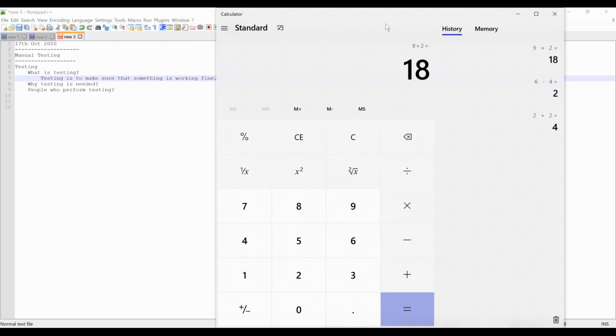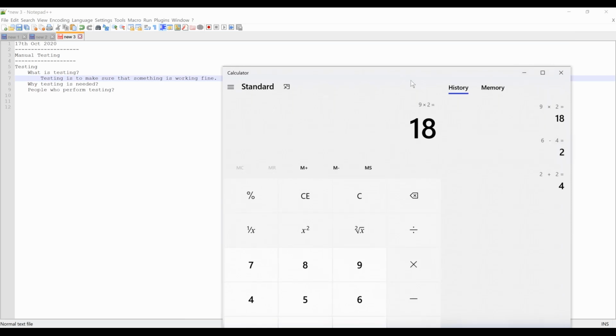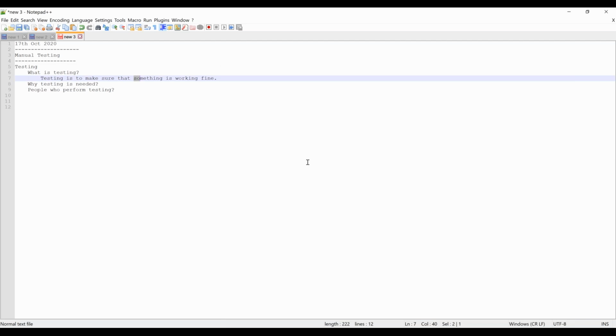So how are we saying this application is working fine? We have seen this calculator from a very long time ago. Maybe from childhood we started using this calculator, or in childhood we learned this mathematics, that when you press 2 plus 2, I'm supposed to get 4. When I use 6 minus 4, I'm supposed to get 2. When I use 9 into 2, I'm supposed to get 18. The same logic somebody has implemented for this. So in simple words, we are saying testing is to make sure that the application is working fine.